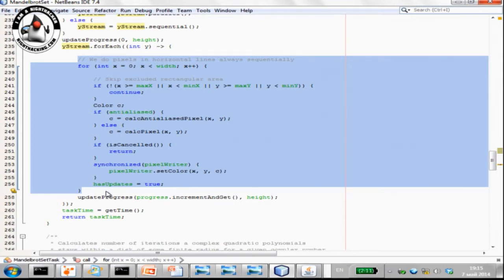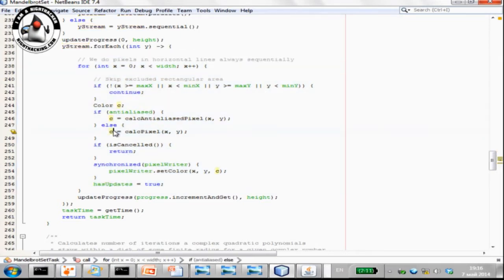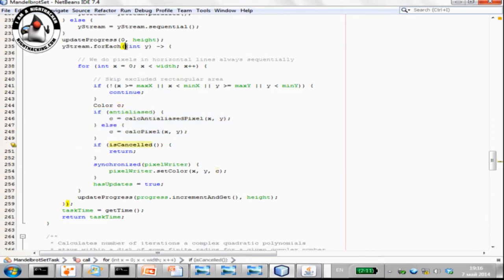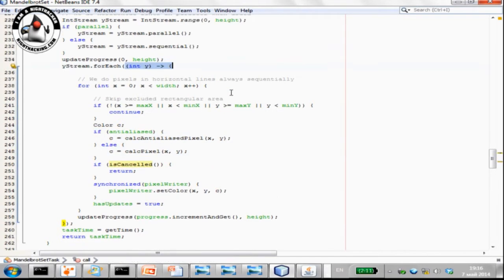Yeah, row by row, because that's more efficient than creating a big amount of tasks, so we create a smaller number of bigger tasks. And basically then we calculate. So here is the calculation. But the lambda is here. So this is the lambda.